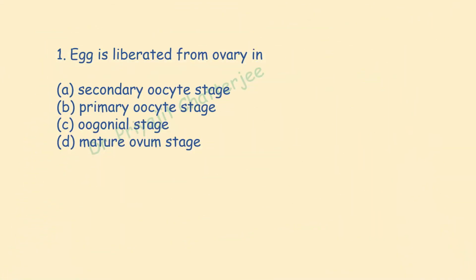Question: egg is liberated or released from ovary in. There are four options: secondary oocyte stage, primary oocyte stage, gonial stage and mature ovum stage. Here we know during the process of ovulation the release of the egg occurs at the secondary oocyte stage in which meiosis 1 has been completed. So here the correct answer is secondary oocyte stage. Now the next question: